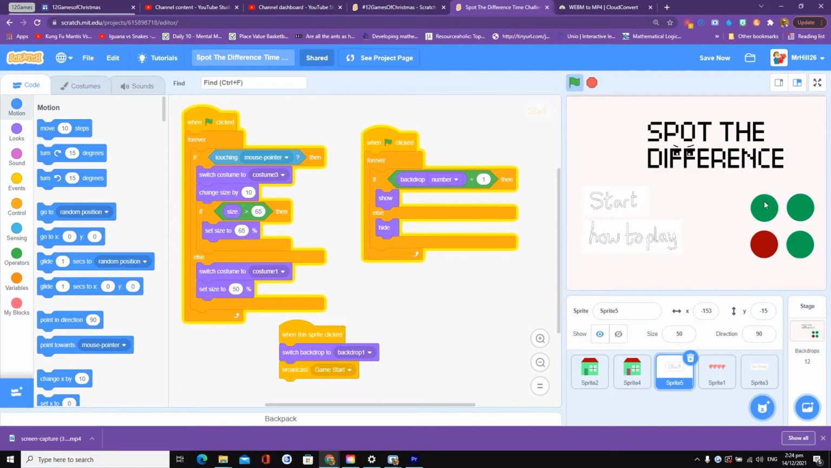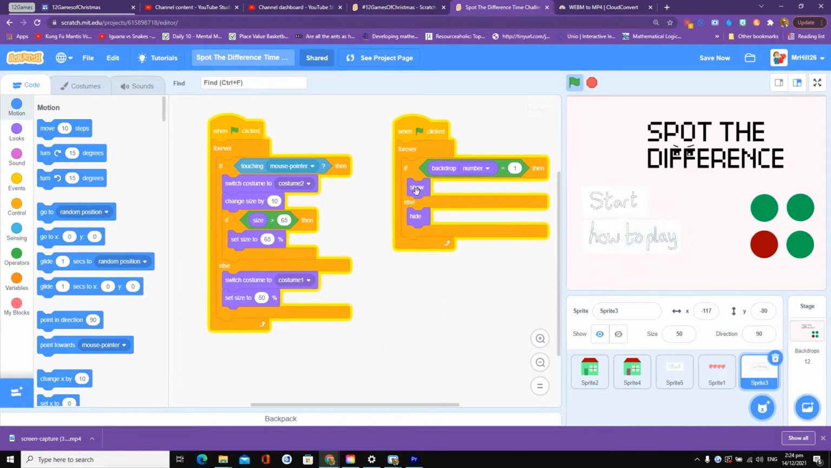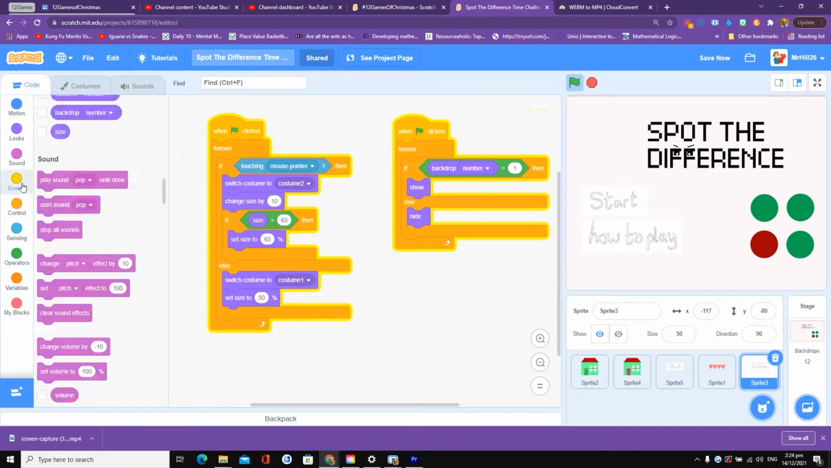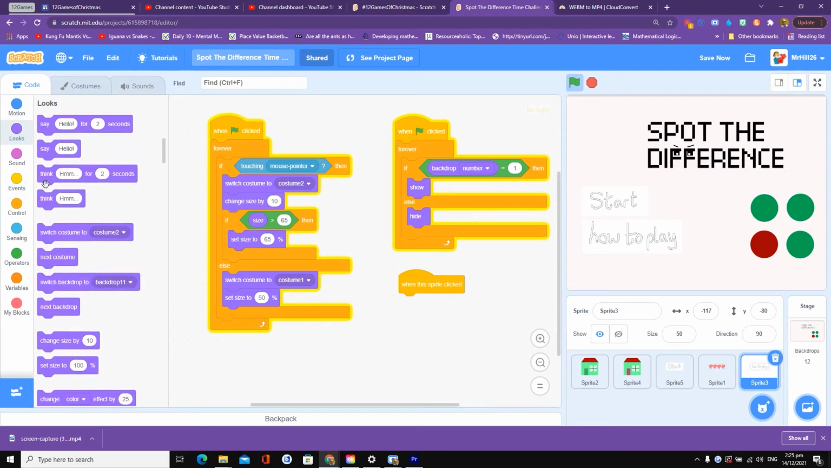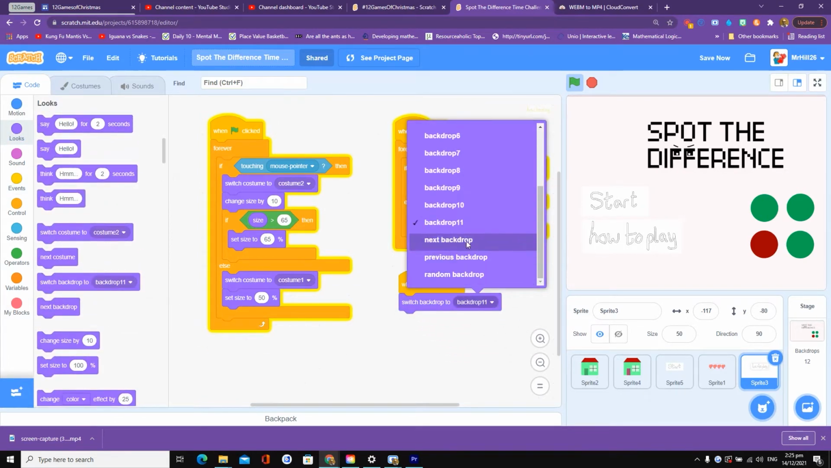I've put a little logo on there. I've also added some new backdrops. I've got a how to play backdrop. So what I need to do now is go on the how to play button and go on events. And when this sprite is clicked, we're going to switch the backdrop to the last one, which is all the way down here, backdrop